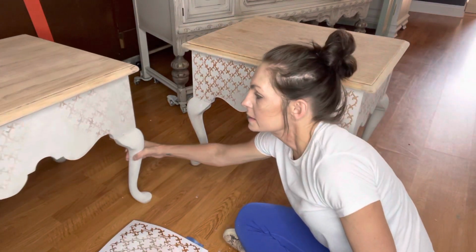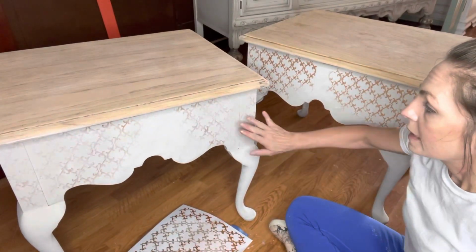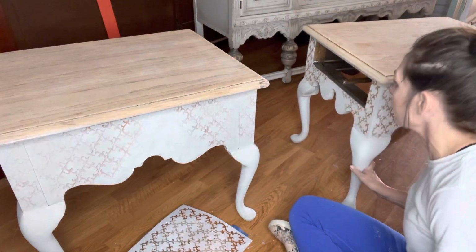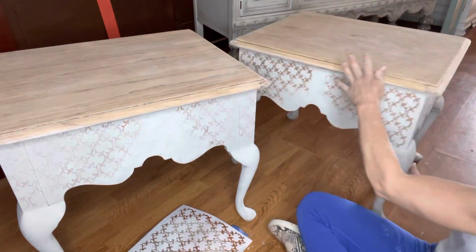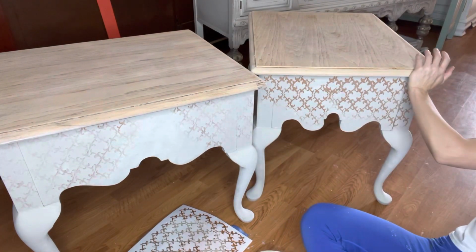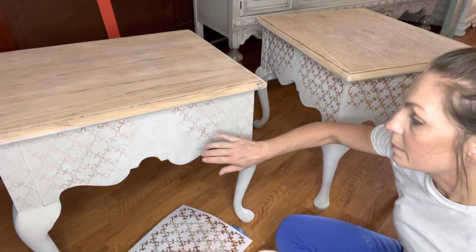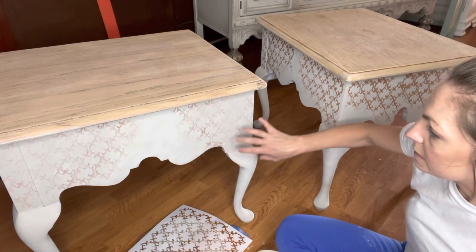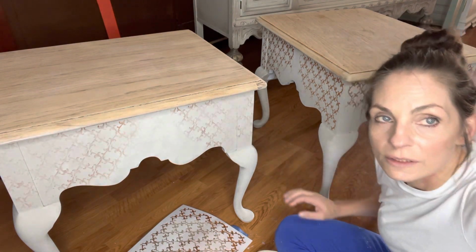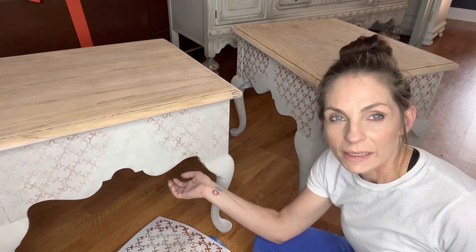Okay, and this is after I added the pearl on top. Kind of hard to see, but I added the pearl on top, and then I took the stiffer brush and used limestone with one brush on top, okay, and used the mix of the gray linen and the Wise Owl